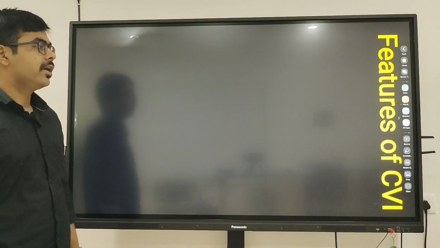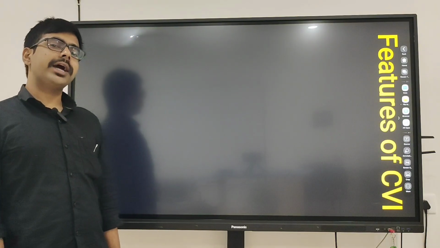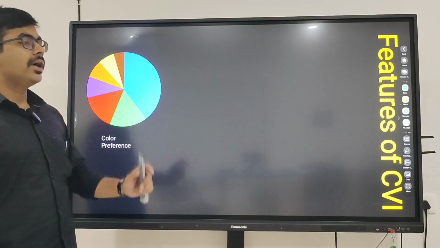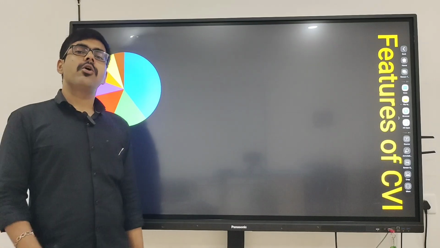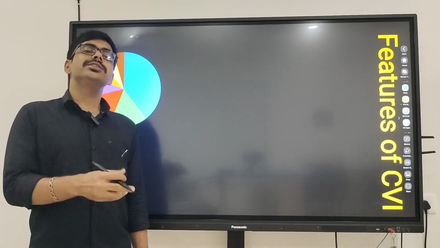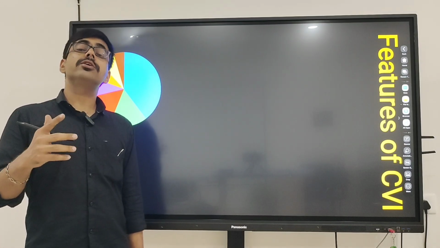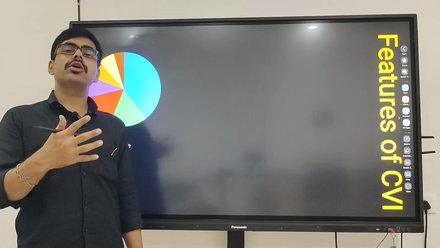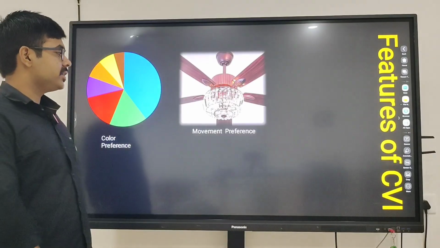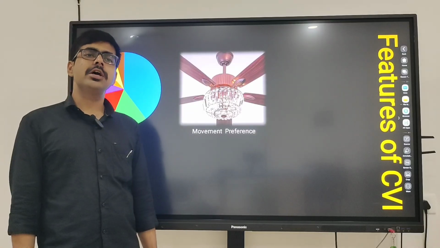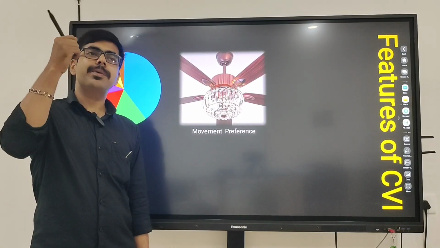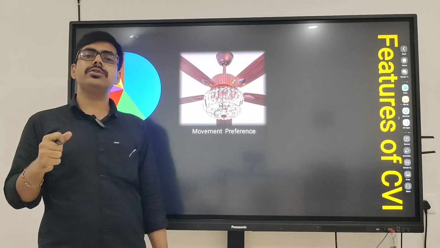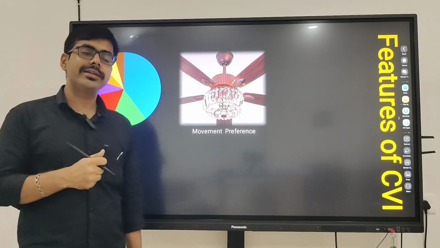the cerebral visual impairment. Now, how will we identify that the child is having cerebral visual impairment? One, the child can have a color preference. Whenever you are showing a red color toy, the child is looking and holding the toy. But whenever you are showing a different color, let's suppose green, the child is not looking at the target, or is not paying attention to the target. Next is movement preference. What is movement preference? Whenever any target is moving, any spinning target, the child is going to grab it and the child is looking at that target.